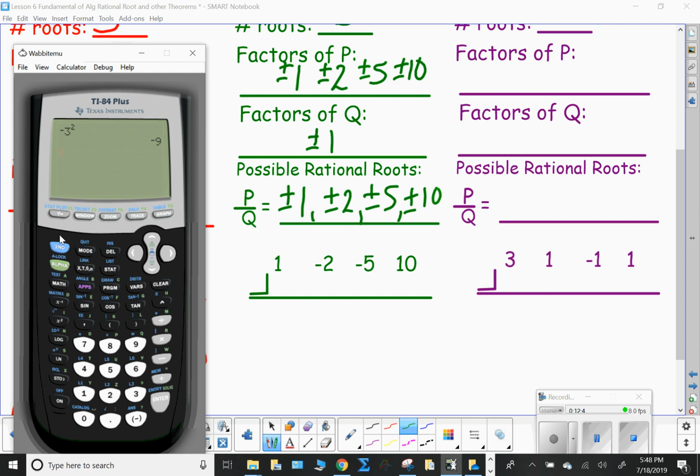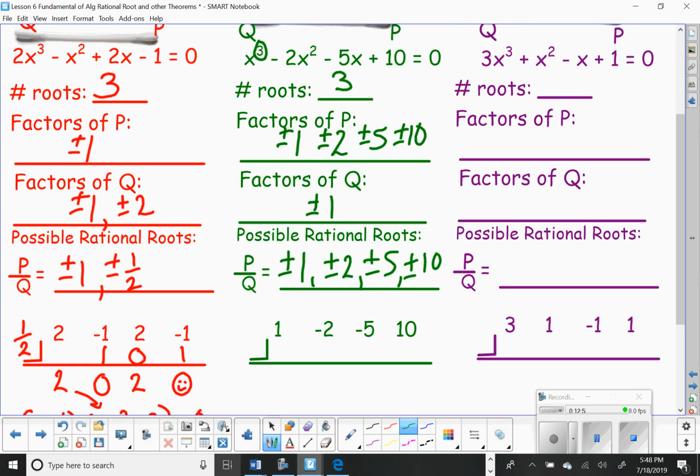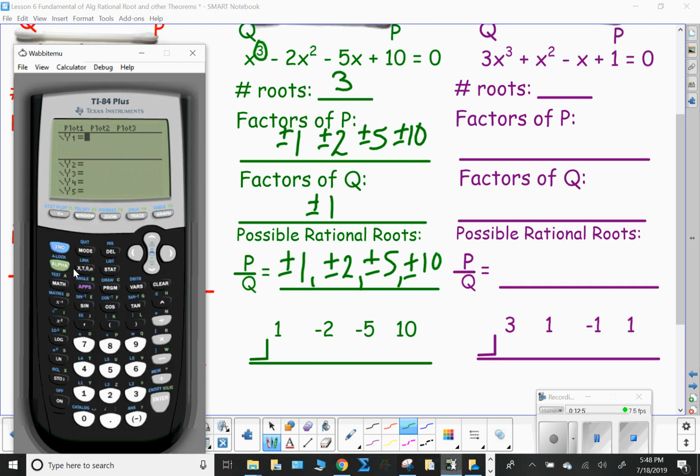So I turn my calculator on, I hit y equals, and I clear this out. Now, I've got to go back up here so I can see the equation. Sorry about that. And I'm going to have x cubed